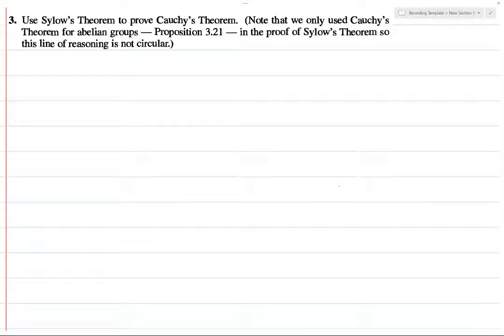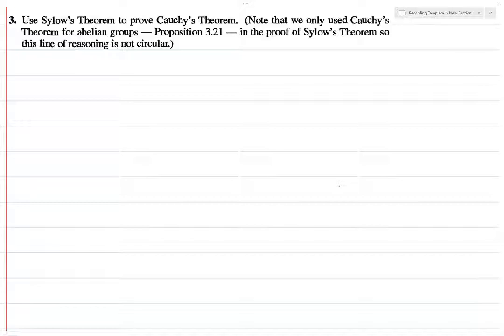Alright, so now we want to prove Cauchy's theorem using Ceelo's theorem, even though the book talks about Cauchy's theorem before it talks about Ceelo's theorem. And for things like this, you have to be really careful, because if you're proving Cauchy's theorem, you can't